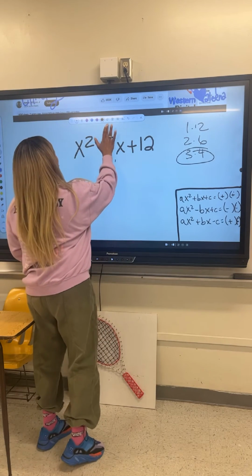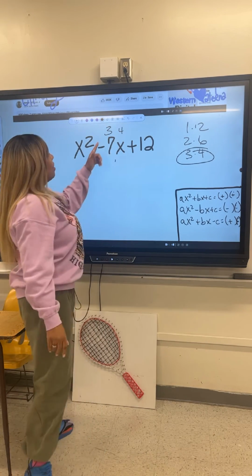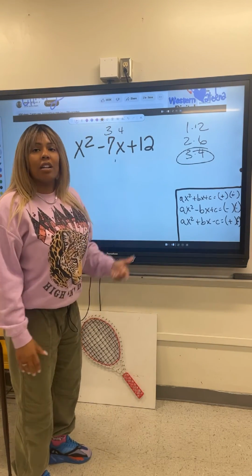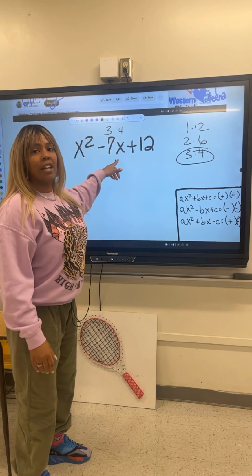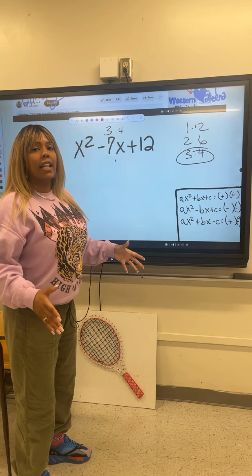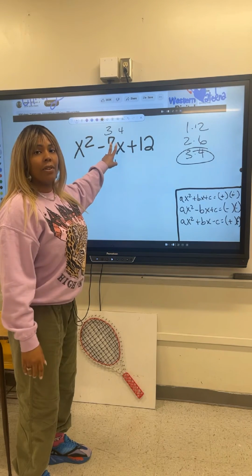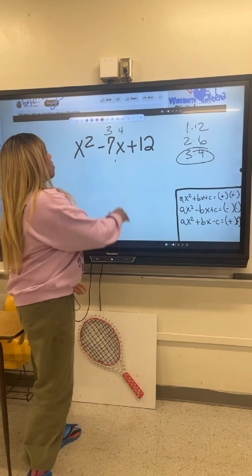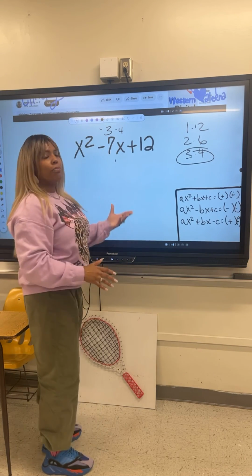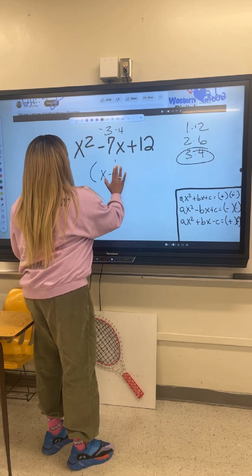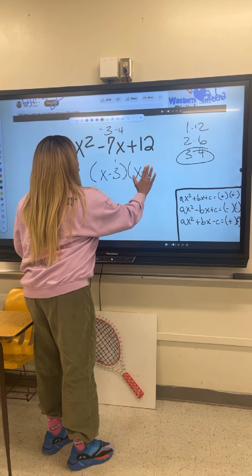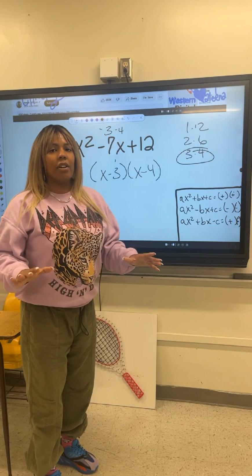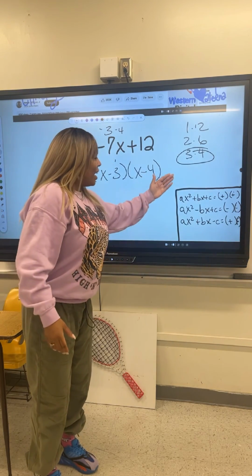Now, I go ahead and I put 3 and 4 up top. I'm like, how can I get 3 and 4? If I do 3 minus 4, that's negative 1. I want negative 7. The only way I can get that is if I add them together. But I want a negative 7. So from there, then my kids are like, yeah, they both have to be negative. So now I'm ready to put them inside the parentheses. x minus 3, x minus 4. Takes all that guesswork out of trying to memorize and have this